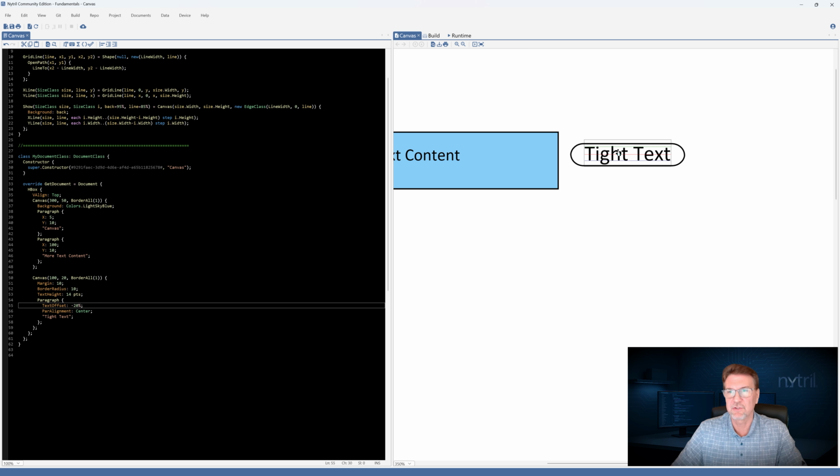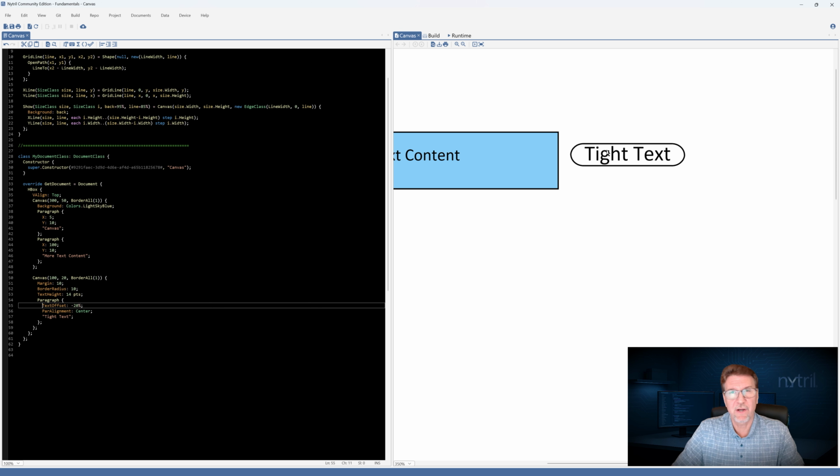If I hold down Control Shift now, you'll see the box is now raised above the border of the canvas itself. Another way to do it, we'll comment that out, is to use the Y value when placing the text. So here we give the text a Y value of -4. And we'll press F5 and it has essentially the same result.